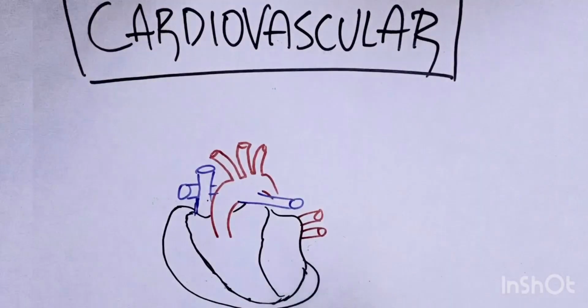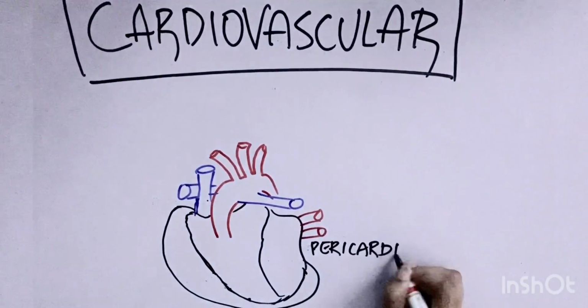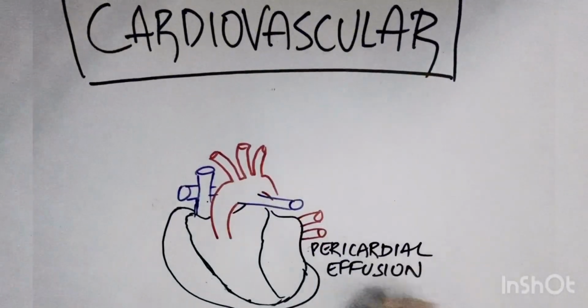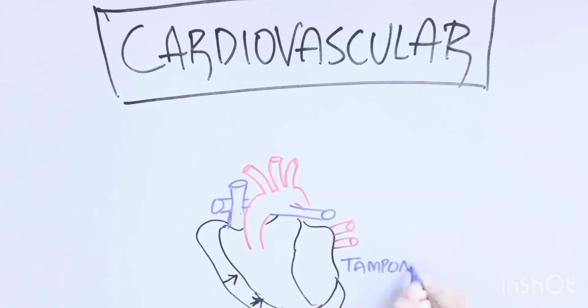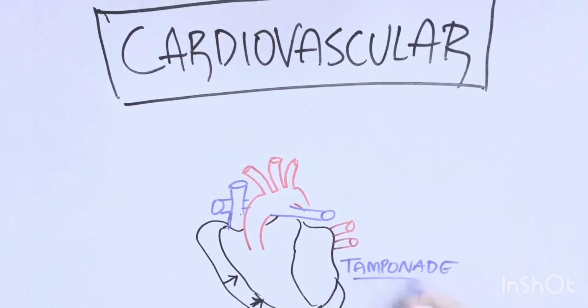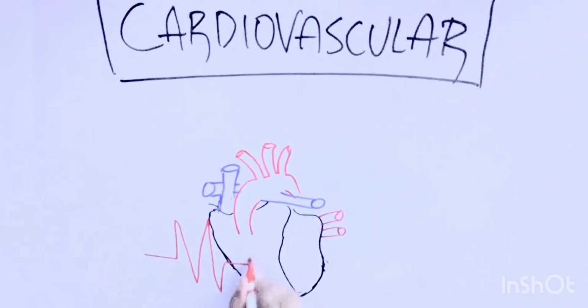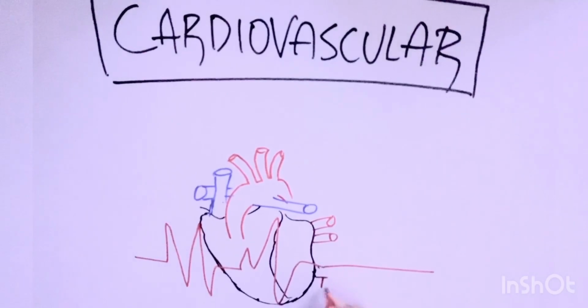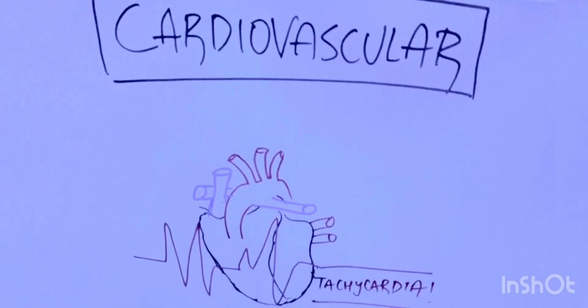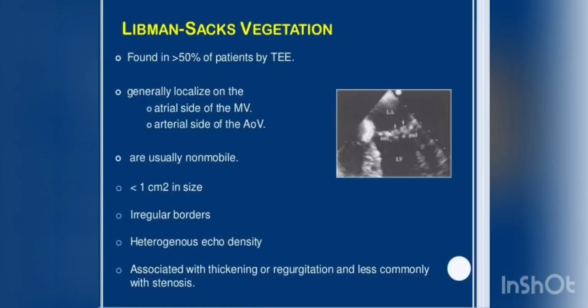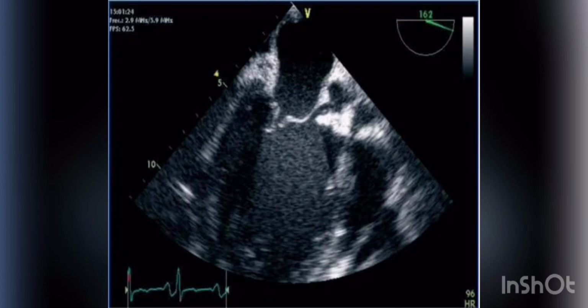The most common cardiac manifestation is pericarditis, which is often very silent, but others include cardiac tamponade and constrictive pericarditis. Even myocarditis may be present as unexplained tachycardia, heart failure, arrhythmia or heart block. The very fact we need to remember is Libman-Sacks endocarditis. It is a form of non-bacterial endocarditis, which is a classic cardiac manifestation of SLE.